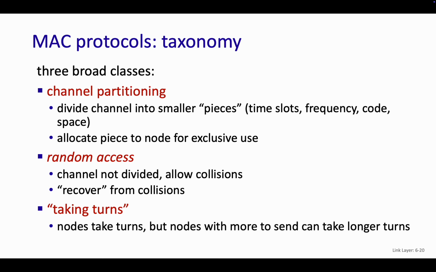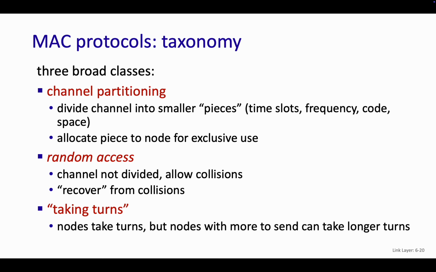That's good because it really handles bursts well. Because what if I'm partitioning the channel between all of us, but let's say some of you don't have anything to say. Like I have lots to say because I'm teaching the class. Maybe you don't have a lot to say. It would be annoying to have to partition it, where everyone has a turn to talk and then gets back to me. It'd be really slow. Random access solves that problem where you only insert yourself if you have something to say. So if you want to stay quiet, then you're not taking up any additional time or any resource. You're only using the resource when you need it. So it's really good for bursty traffic, which is what internet and Wi-Fi traffic tends to be.